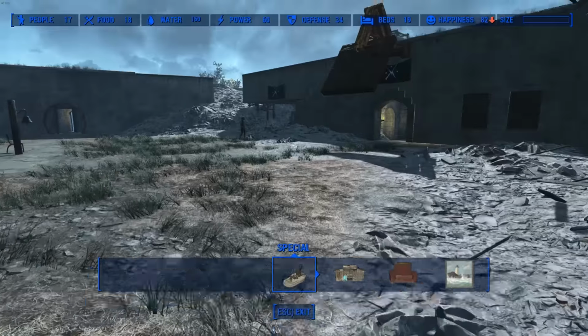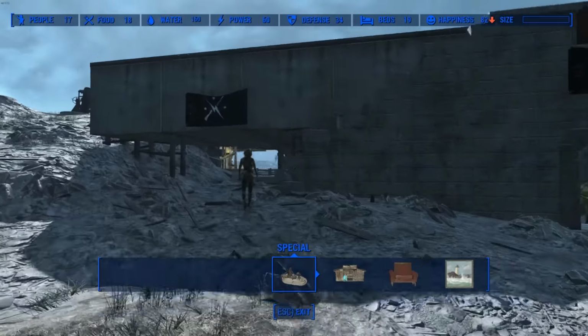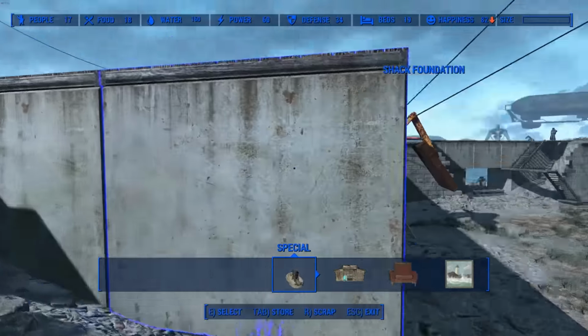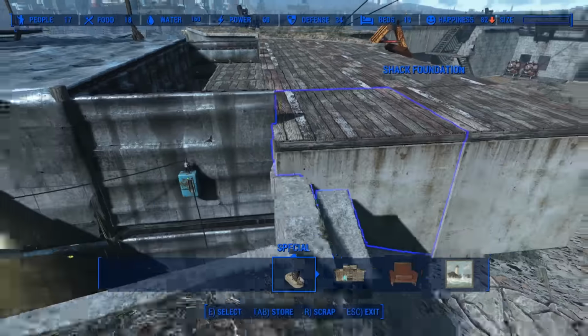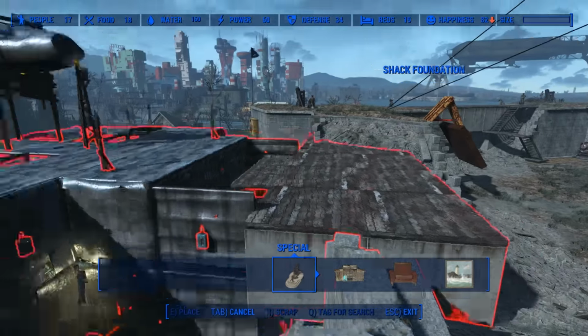And say, if I come all the way over here, I can legitimately move my entire house, all the objects in it, everything on top. And even though it's kind of connected, even if these things weren't connected, as long as it's in a somewhat close area, it will...